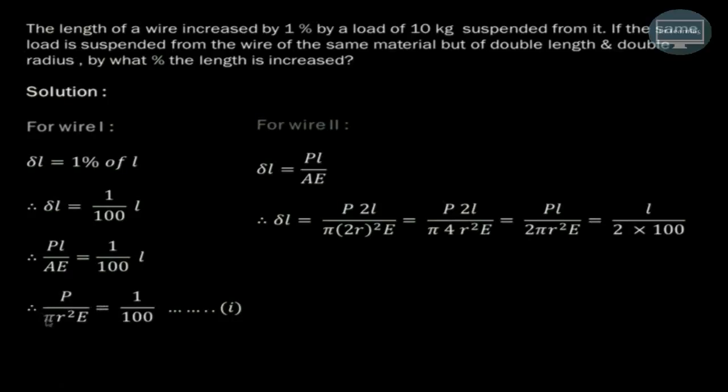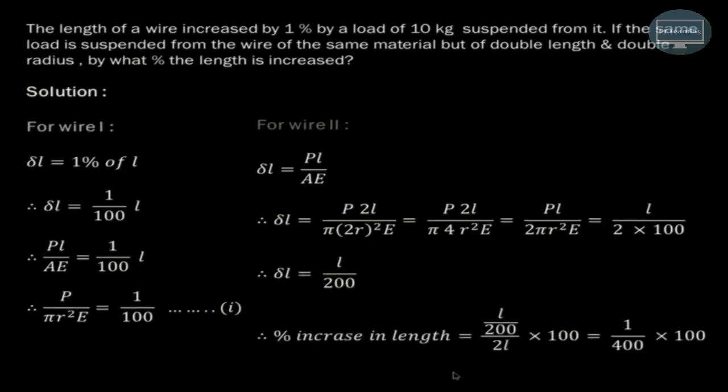Now the relation that we are obtaining is P upon pi r square E. So P upon pi r square E, that term is nothing but 1 upon 100. So that is 1 upon 100, and L is already there and 2 is also there. So it is L upon 200. So we can say that the change in length of the second wire is L upon 200, and therefore percentage increase